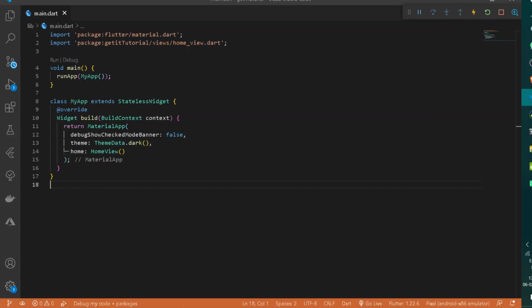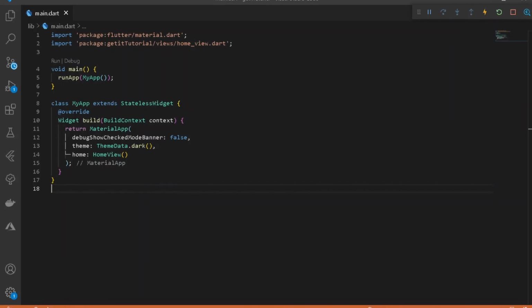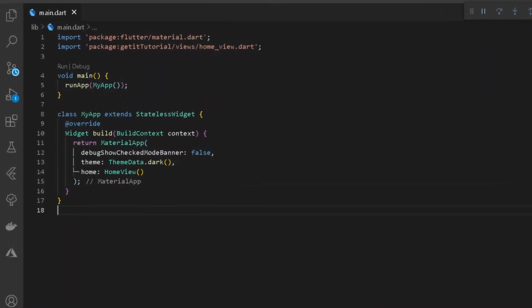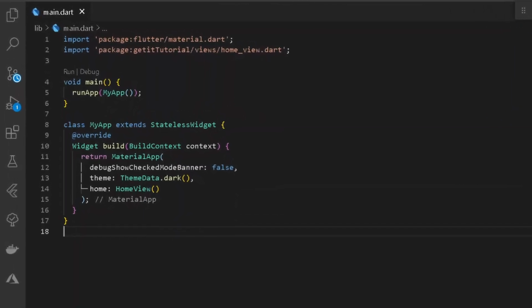Get-It is nothing but inversion of control that allows us to register all of our classes and class types and also request them from anywhere, and we can have access to a particular class which contains all of our services. Now, this was a brief explanation of why you should use Get-It instead of Provider if you don't want any spaghetti code and boilerplate code. So with that said, enough talking, let's start off our actual tutorial.